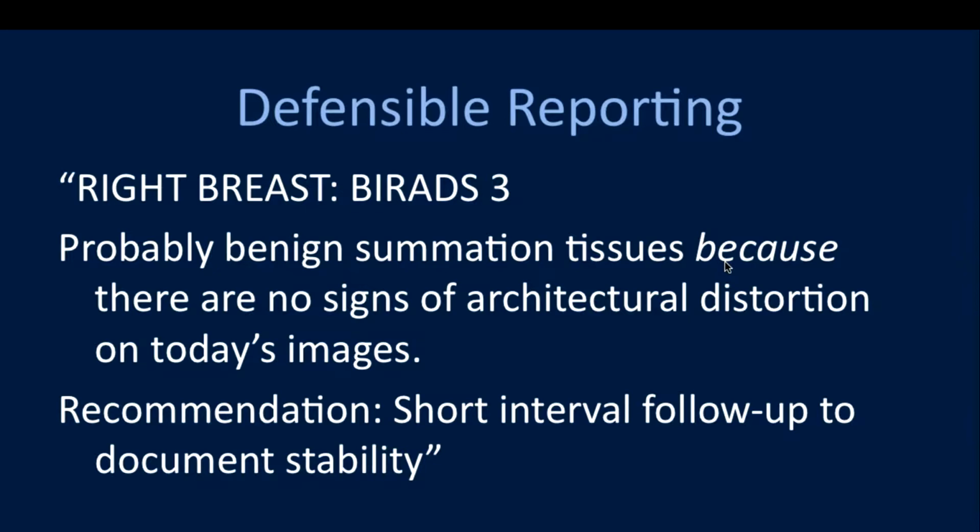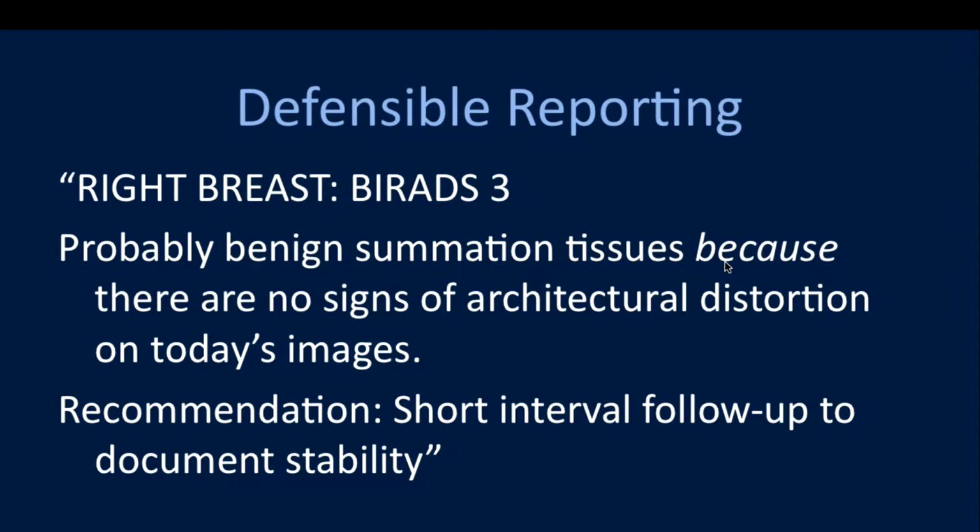Now, as I said, I went through some objective criteria that go into distortion: straight lines in a spoke wheel and radiating fashion, versus lines that are actually going through. So you say, because there are no signs of distortion. So Dr. Georgian-Smith, what are the signs of architectural distortion? I'll say, straight lines in a spoke wheel radiating fashion. There are none here. So if I was ever deposed or had to define what I said, I'll say, why do I think it's summation tissues? Because there are no signs. So recommend short interval follow-up, document